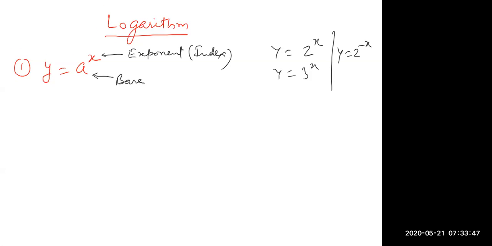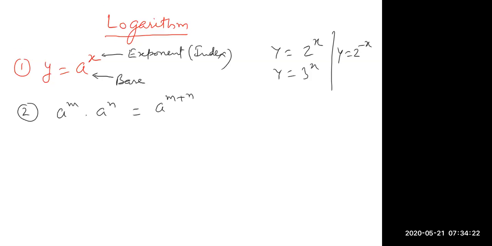Then some rules you already know, laws of exponents or laws of indices under that chapter. For example, a raised to power m into a raised to power n. I think everybody knows this. You have done this in 10th class. How much is it? A raised to power m plus n. Powers will be added.